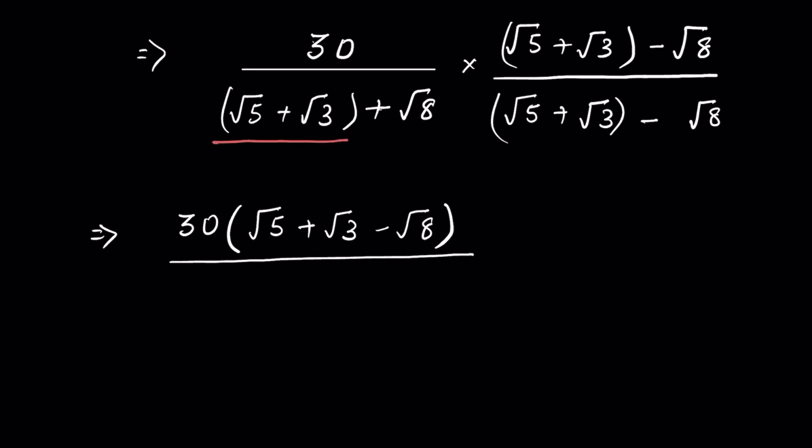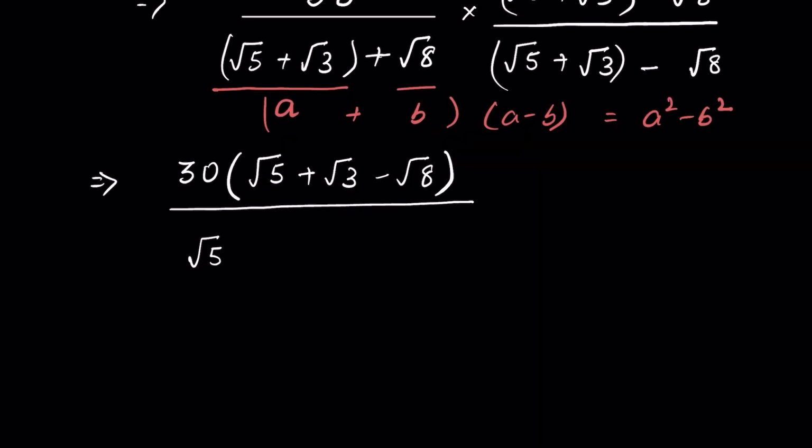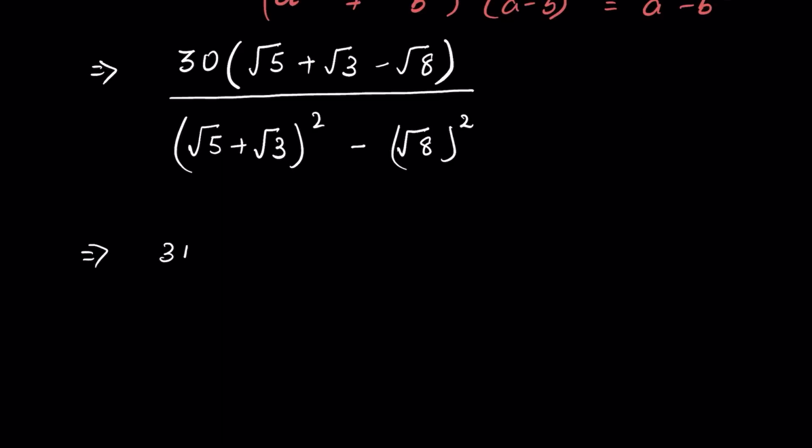now if you consider square root of 5 plus square root of 3 as a, square root of 8 as b, then this is a plus b times a minus b, in terms of difference of squares. So it is a square minus b square. So we can write it as square root of 5 plus square root of 3 whole square minus square root of 8 square, or then 30 times square root of 5 plus square root of 3 minus square root of 8 upon,